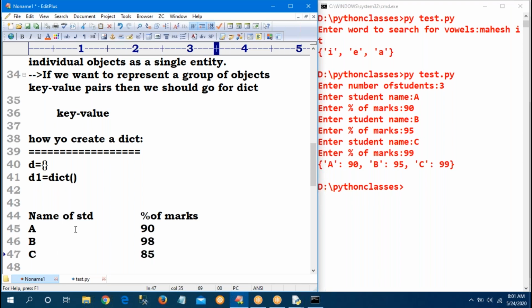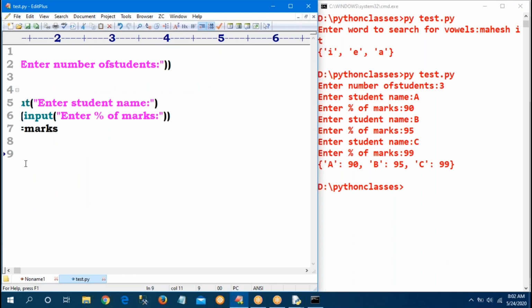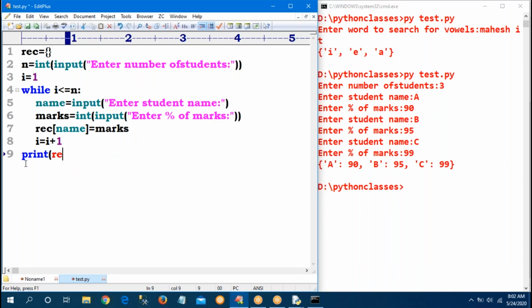Like that I want to print. Then it is meaningful. So don't print record; in that format I want to print. How to print that? So I want to take a print statement, name of the student.